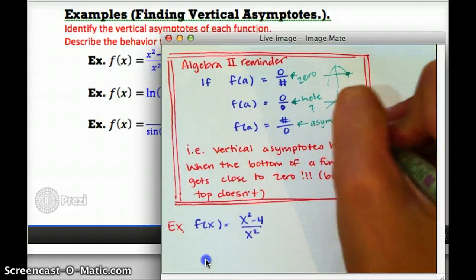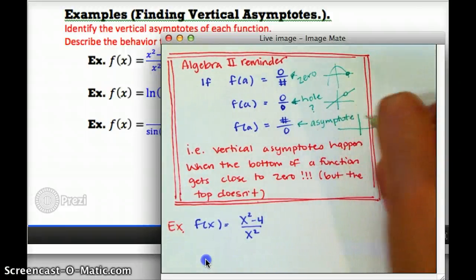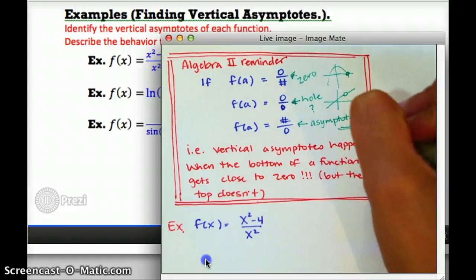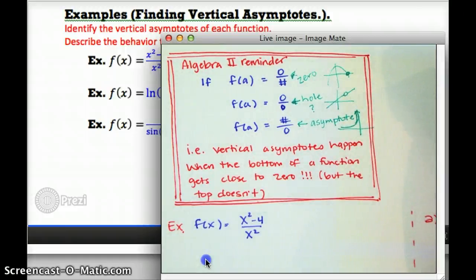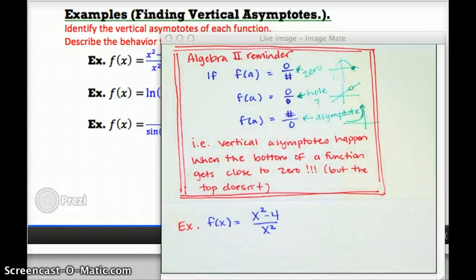And in particular, a vertical asymptote, although at the time we probably didn't really specify, but this is going to create something that goes up to infinity or down to negative infinity. So in other words, vertical asymptotes happen when the bottom of a function gets close to 0. Okay, so we're going to use this fact to find the vertical asymptotes of this function and then to explain